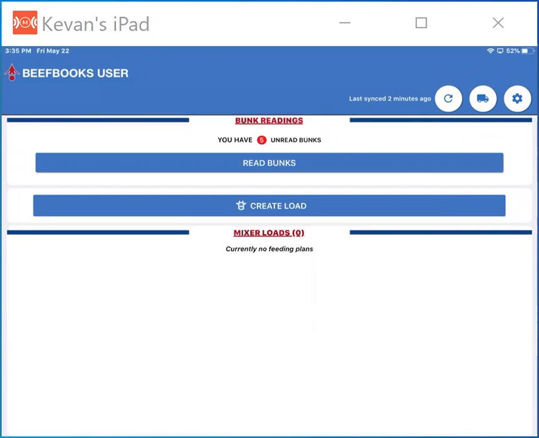The purpose of 7.1 is to cover the first steps of reading bunks and creating mixer loads. It's important for users to understand there are two ways to create loads using the feeding app on Beef Books. The first, which we'll show here in 7.1, incorporates what we call our bunk manager, which goes through the steps